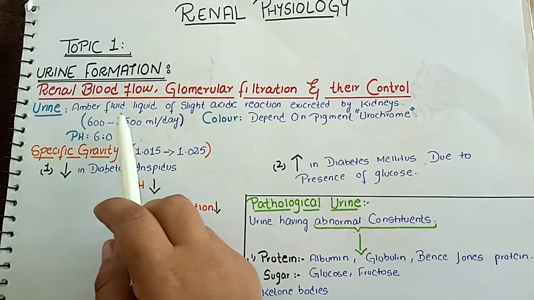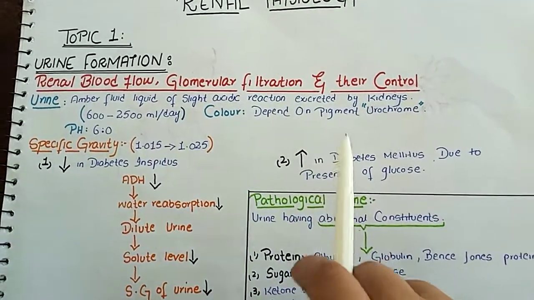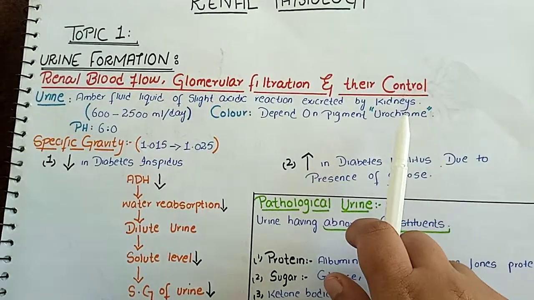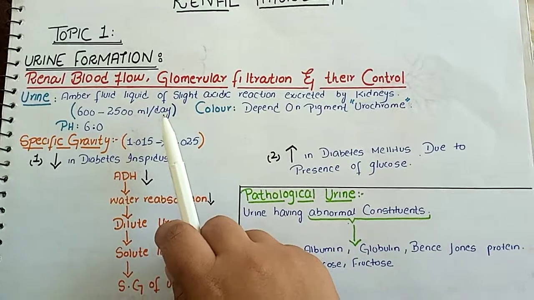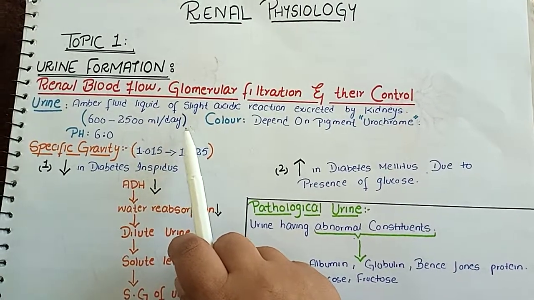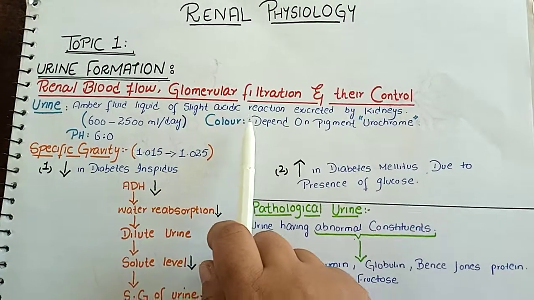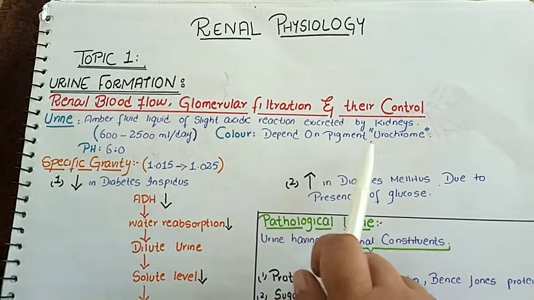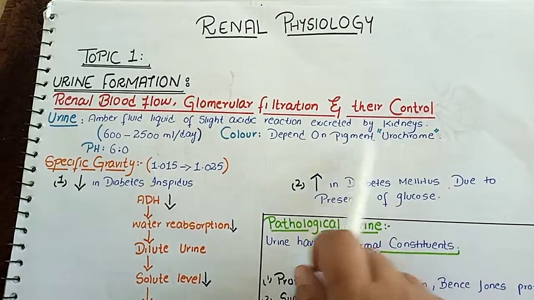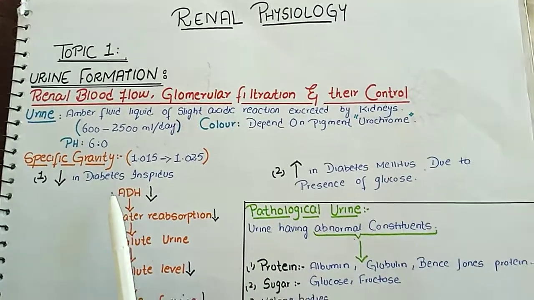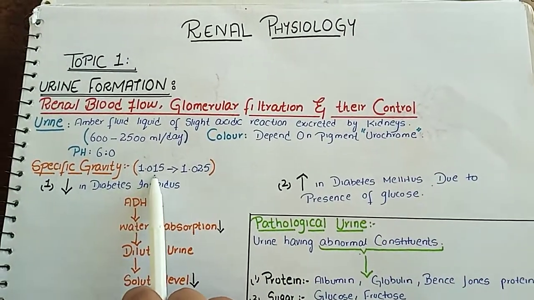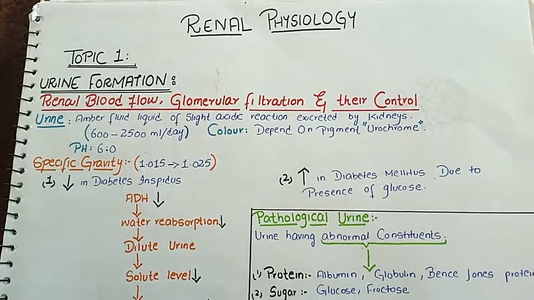Urine is an amber liquid fluid of slightly acidic reaction excreted by the kidneys, and the normal volume of urine is 600 to 2500 ml per day. The color of the urine depends on the pigment known as urochrome, and the normal pH of the urine is 6. The specific gravity of the urine varies from 1.01 to 1.025, and